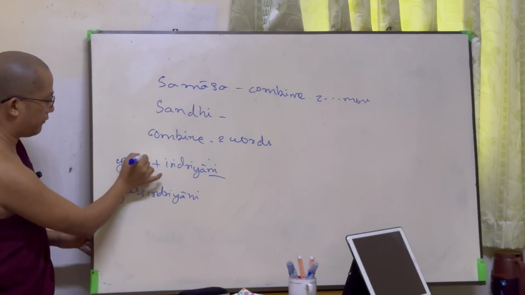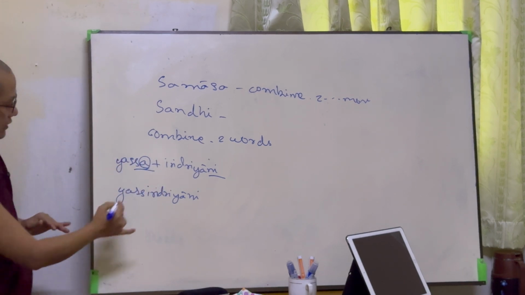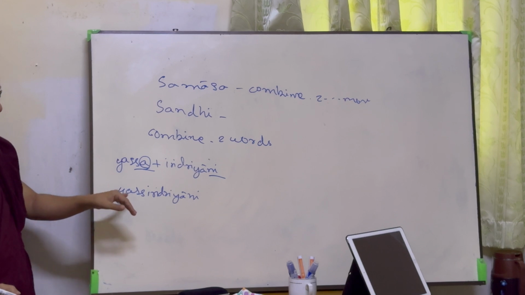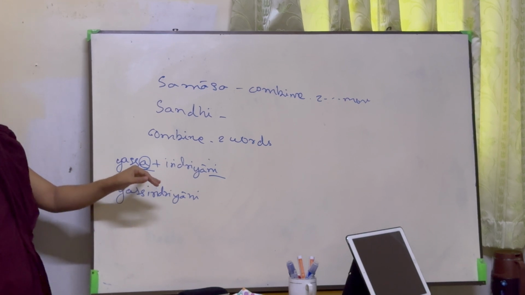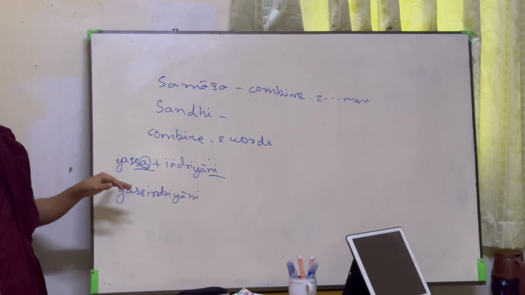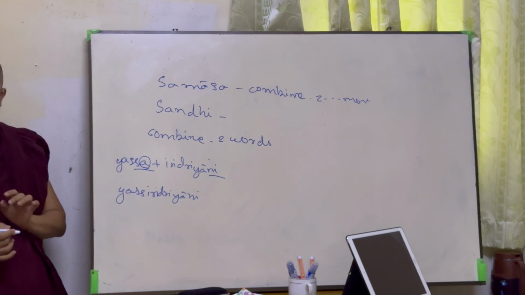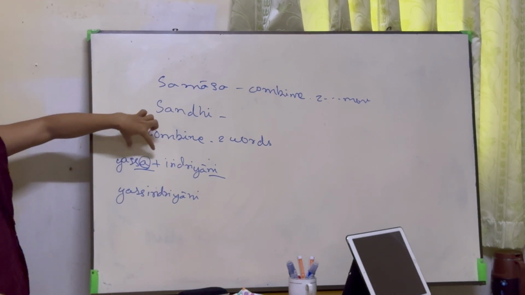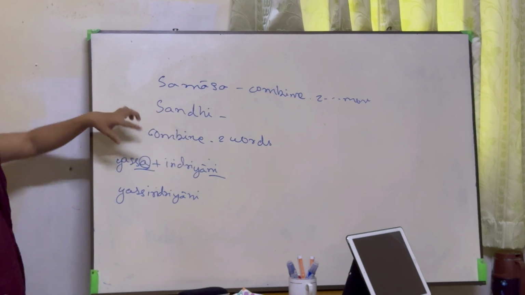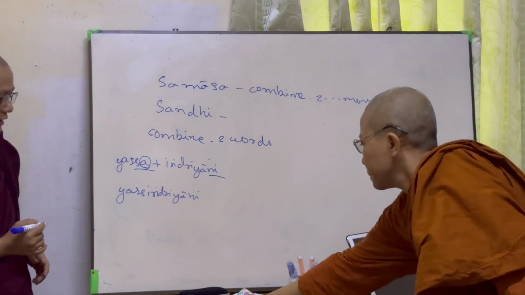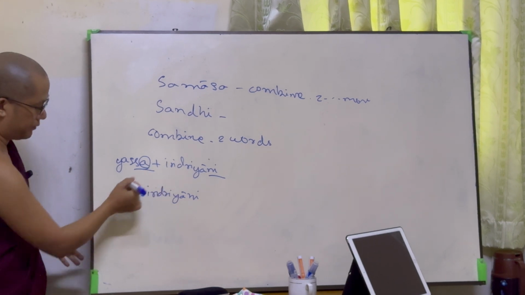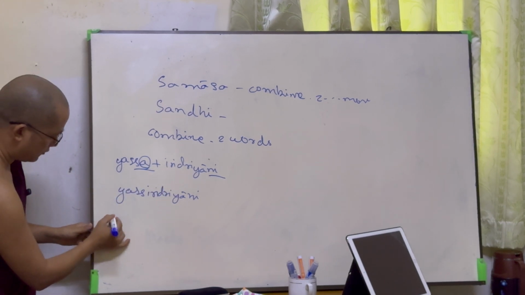Only this vowel, drop it and then combine it. The Sandhi combination method is just dropping the vowel and combining the two. Meaning it also doesn't combine. When we translate, at that time we need to separate again, and with the case ending we will translate it. The case ending doesn't drop.